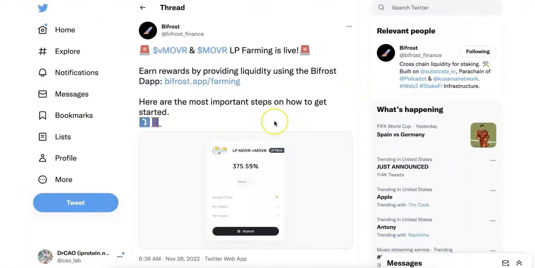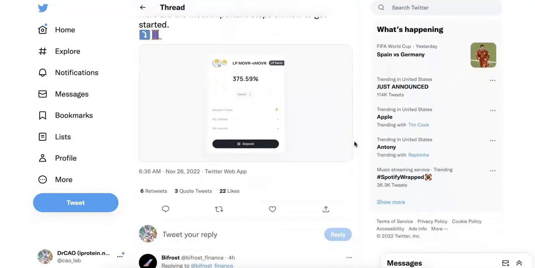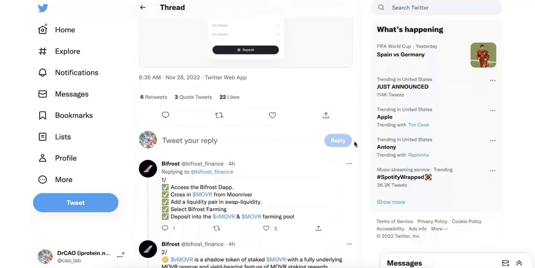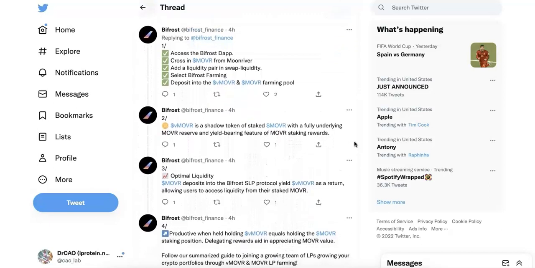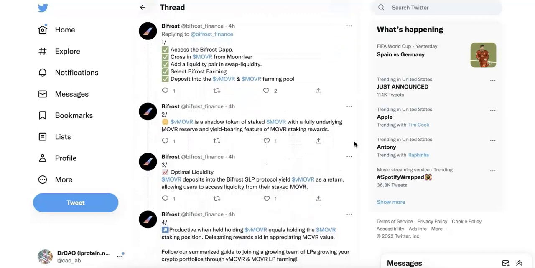So first of all, the vMOVR and the Moonriver LP farming just started today on Bifrost. The initial APY is very high. I missed that initial APY. For those of you who are not familiar with